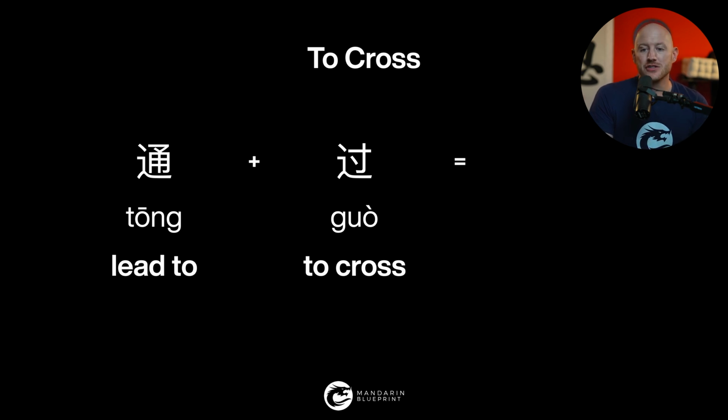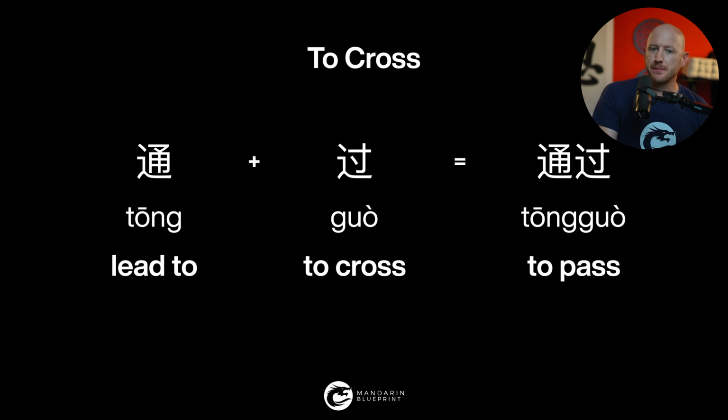Tong means lead to or connect, and 过 means to cross. Well, this means to pass. So once again, you'd look at this and go, well, to pass, I learned 经过 means to pass by. Or how would I use them differently? Are they different? It's the kind of thing where, again, you need some sentences. And by the way, tong is a super common word that you will hear every time you pick up the